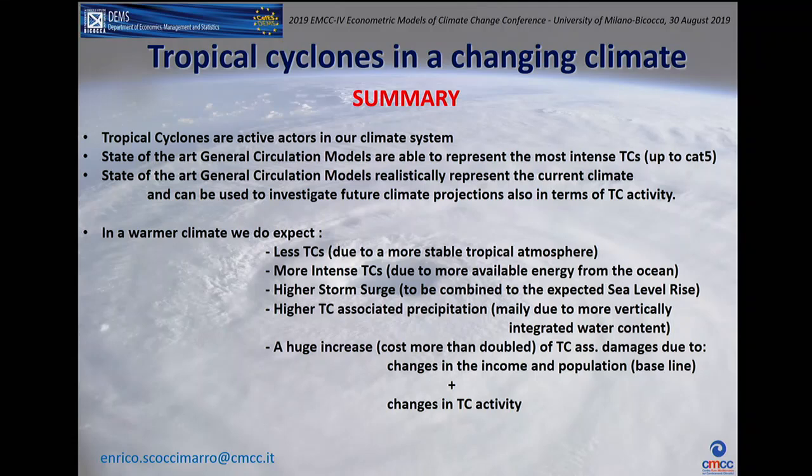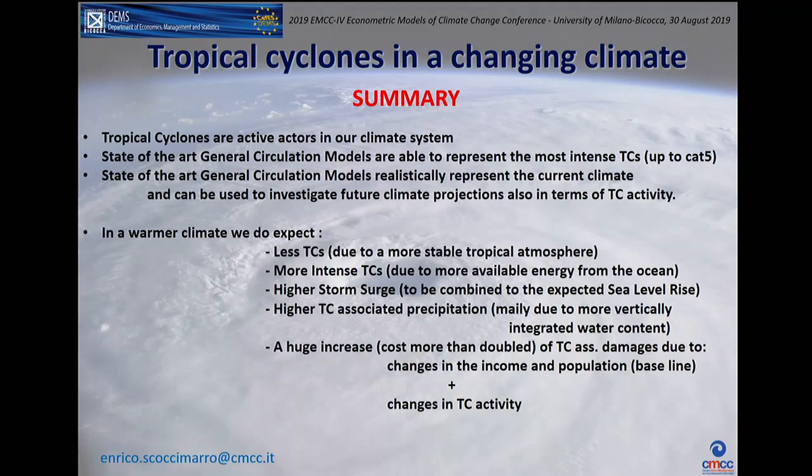So just to summarize, I hope you somehow agree with me that the tropical cyclones are active players in our climate system. We have general circulation models now that are able to represent category 5, the most intense tropical cyclones. So we are very happy for this. It means that the interaction between tropical cyclones and climate is now realistic and will help us to understand many other mechanisms we are still trying to understand within our system. And also this will give us the possibility to better investigate the future changes we do expect in terms of